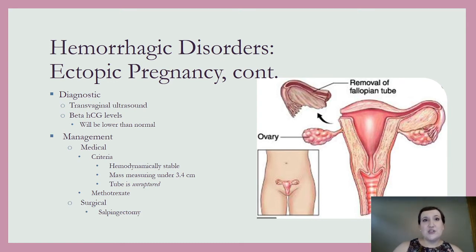In order to determine whether we have an ectopic pregnancy, we're going to do a transvaginal ultrasound. Usually at this point, it's early on, around that 7th to 8th week of gestation, and we don't do the abdominal ultrasounds until about 12 weeks of gestation. So the radiologist is going to read that report, and what they're looking for are those essentially retained products of